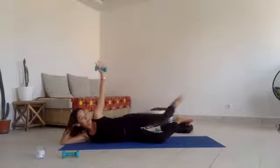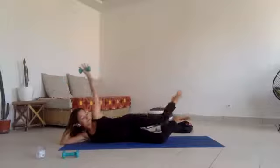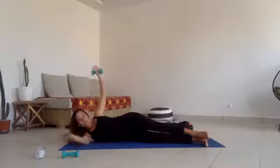Now the knee comes down, kick out. Knee comes down, kick out. As the leg kicks out, the arm goes back to center. It goes back over the head and center. 3, 2, last one. Bring it in, take the legs all the way out, bring yourself up onto your bottom